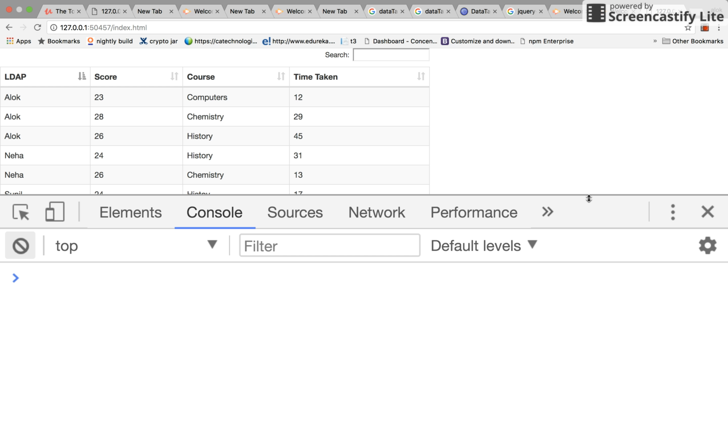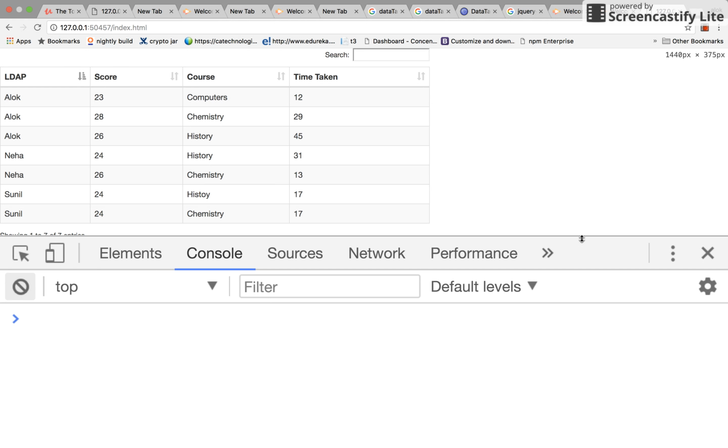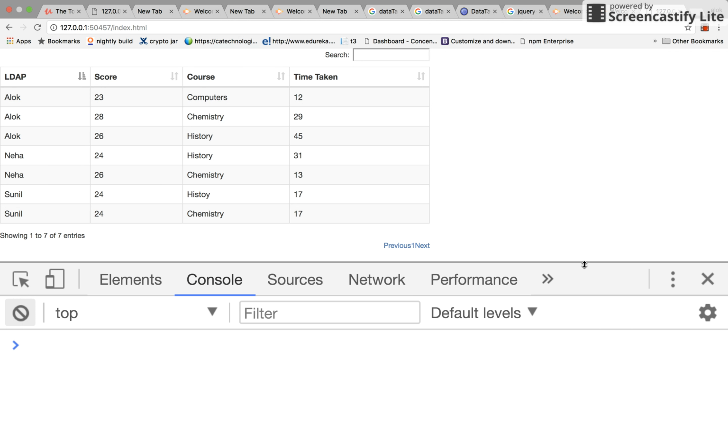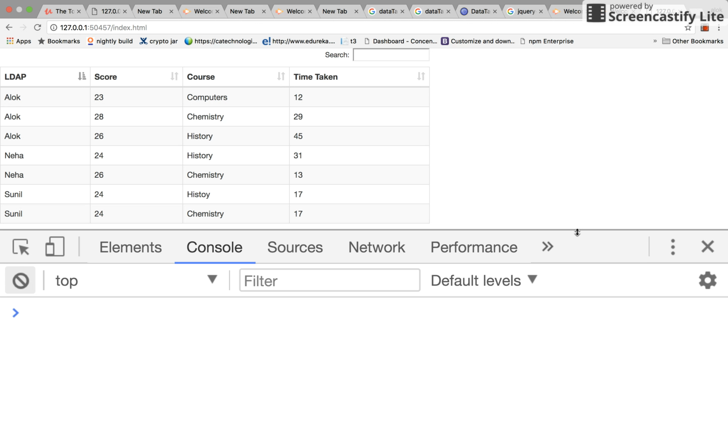Hello friends. In my last tutorial, I mentioned how to calculate the total score for all the LDAPs. There's an exercise for you to find the total time taken by all the LDAPs. Please write the answer in the comment box. I'll review it, and it will be good practice for you to understand the reduce